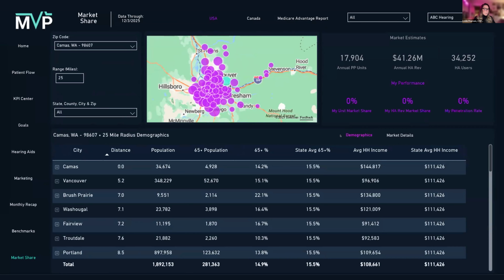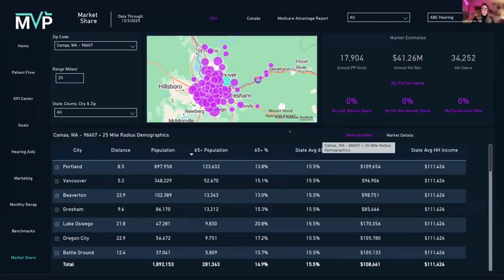But in the market share tab here, we're able to look at, in a 25-mile radius, what's the 65 plus population, what's that percentage of 65 plus, and you can easily manipulate the chart to sort by highest value to lowest value. So just getting a good idea of where your patient customers lie is great, again, for newer clinics